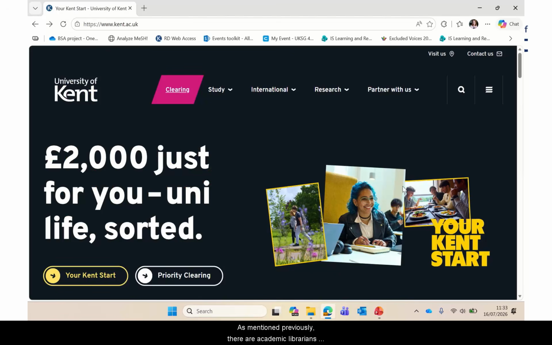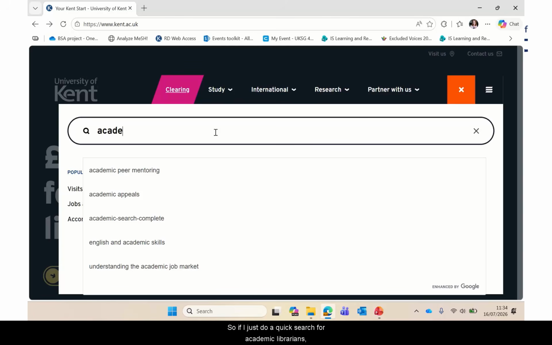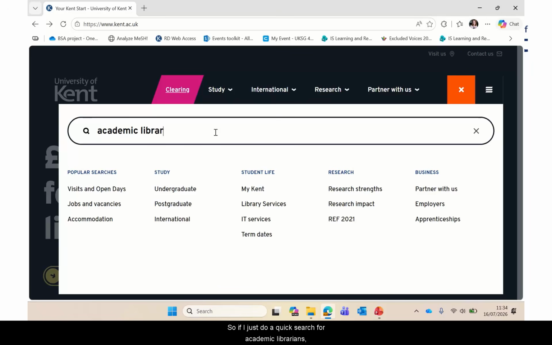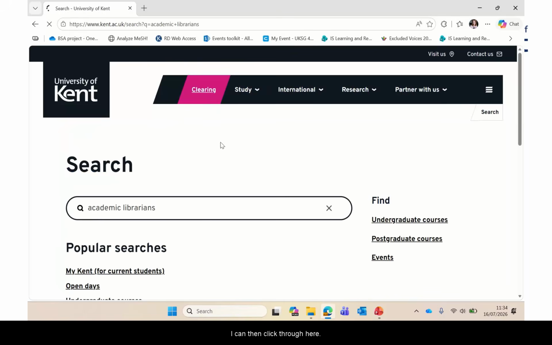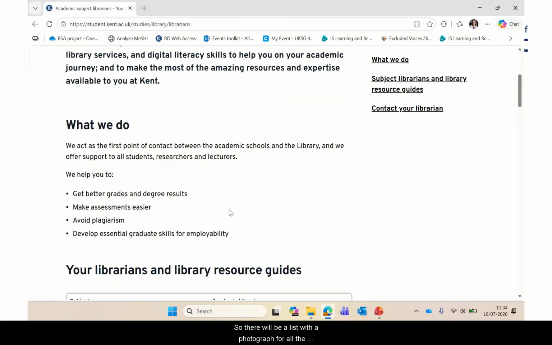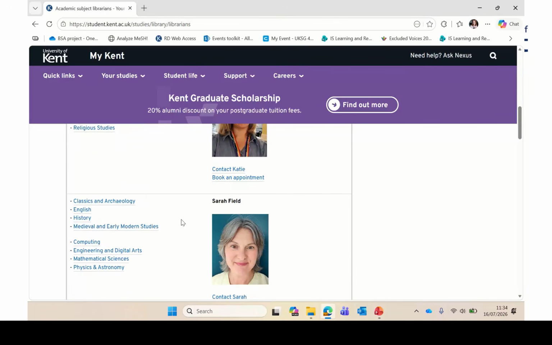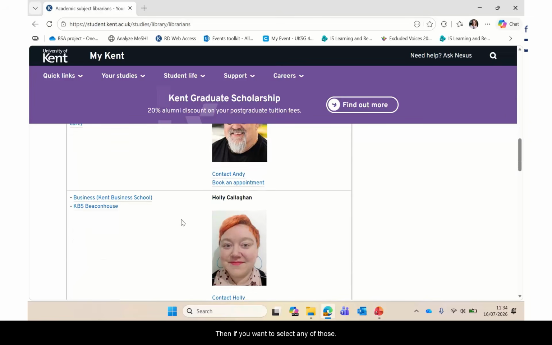As mentioned previously, there are academic librarians for all of the main subjects at Kent. So to find out some more information about them and for your resources, we can look them up now. If I just do a quick search for academic librarians, I can then click through here. There will be a list with a photograph for all the librarians and the subjects that they look after. Then if you want to select any of those,